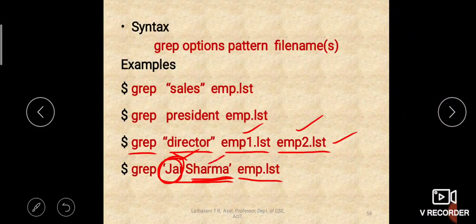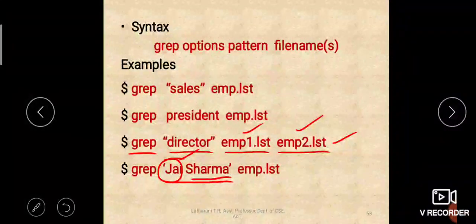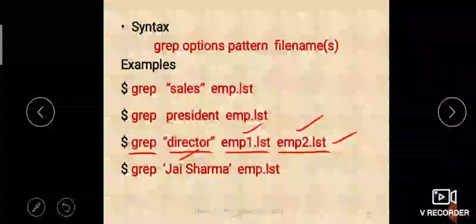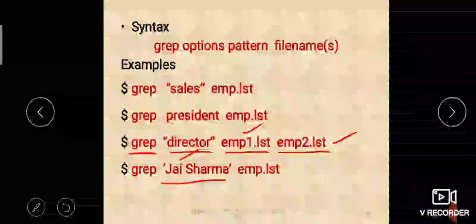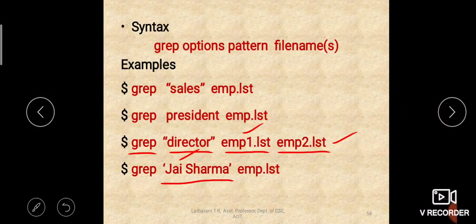If a file called Sharma doesn't exist, then it will give you an error, isn't it? So in order to avoid that confusion, the entire pattern Jai Sharma should be given within quotes. So now this entire thing will act as a pattern. Now this pattern will be searched in a file called emp.list.